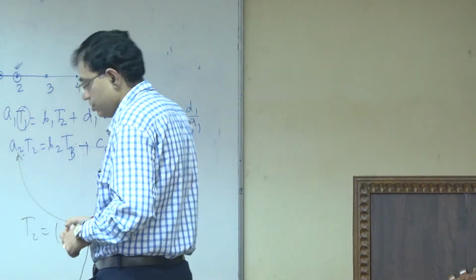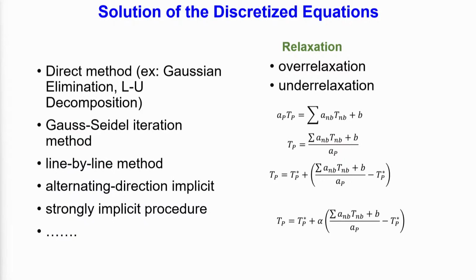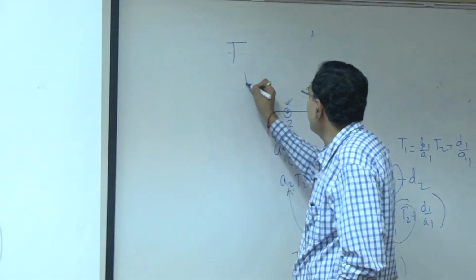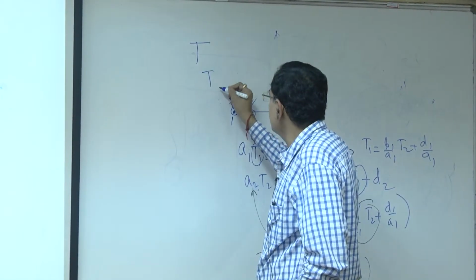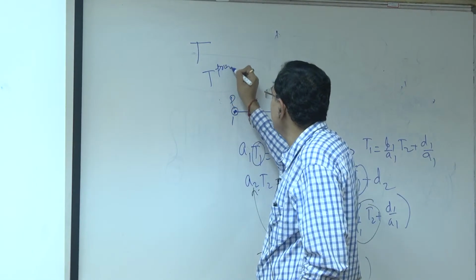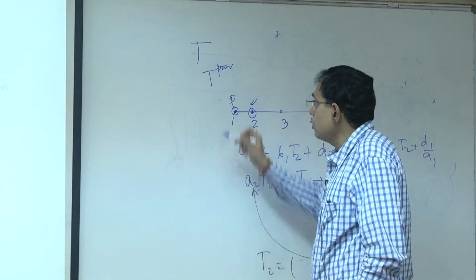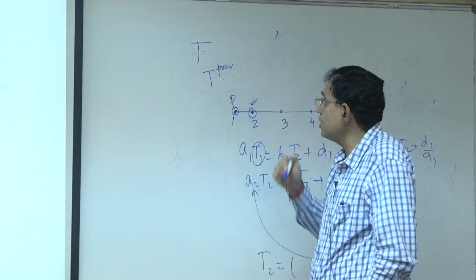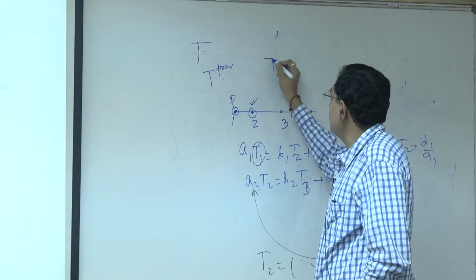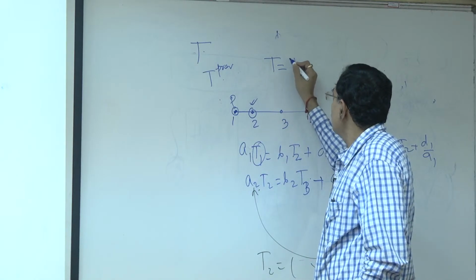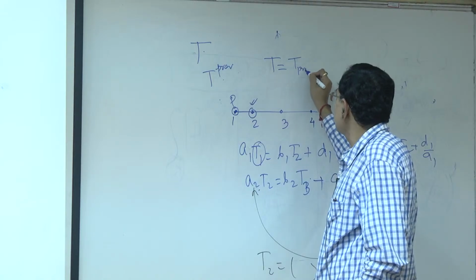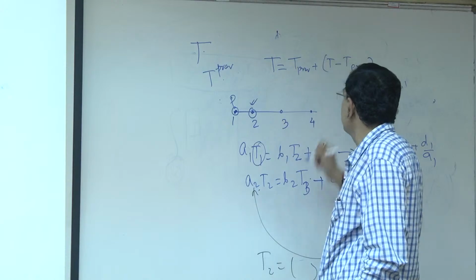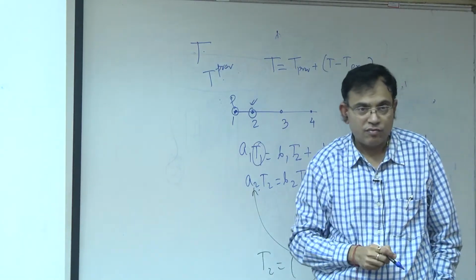that you have your solution as t, and you have your iterative solution, the previous iteration, as t previous. If your t is quite close to t previous, that means you are going toward convergence, but in general they are not the same. So, what will it be? It will be t equal to t previous plus (t minus t previous), right. This is so obvious that it is like x equal to x,